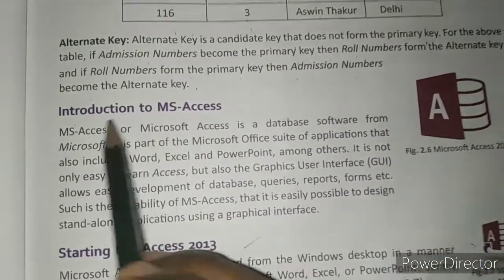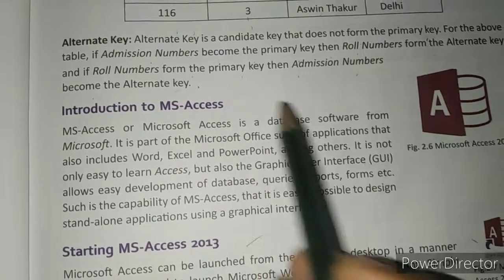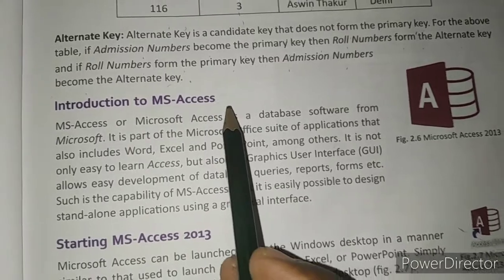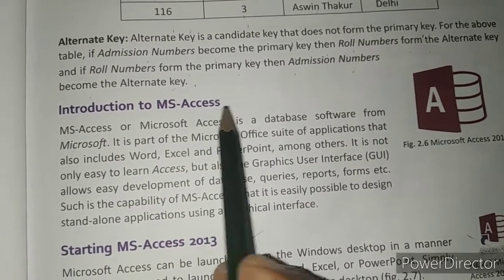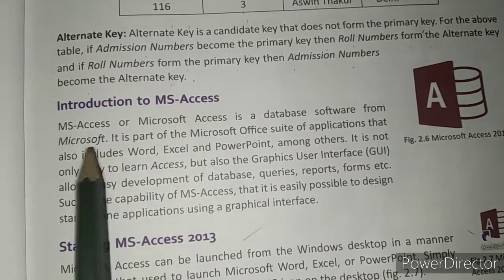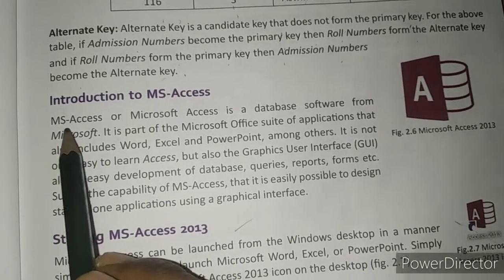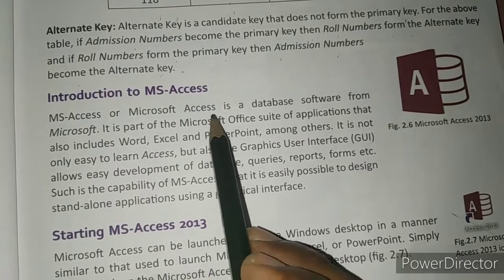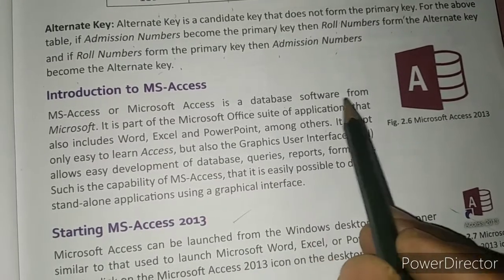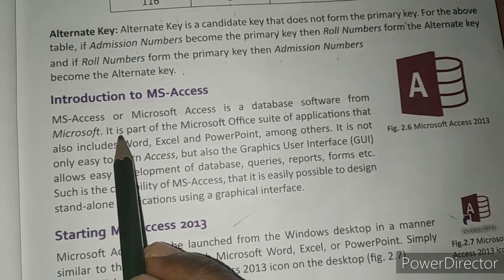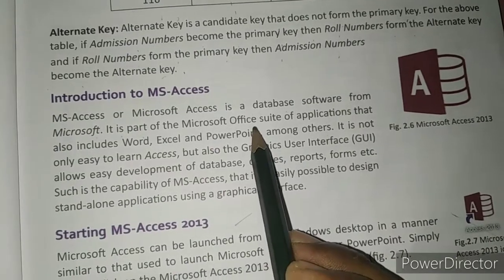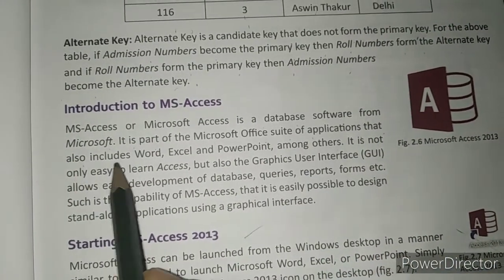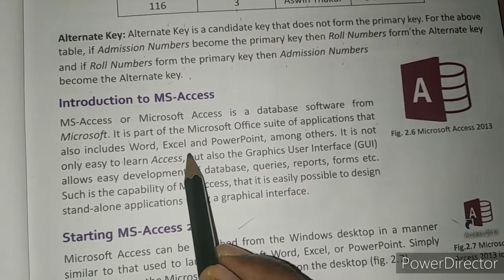Now our next topic is introduction to MS Access. As we have already discussed, MS Access is a database management system, DBMS, which comes with the MS Office package. So let us see what has been written. MS Access or Microsoft Access is the database software from Microsoft. It is part of the Microsoft Office suite of applications that also includes Word, Excel and PowerPoint.